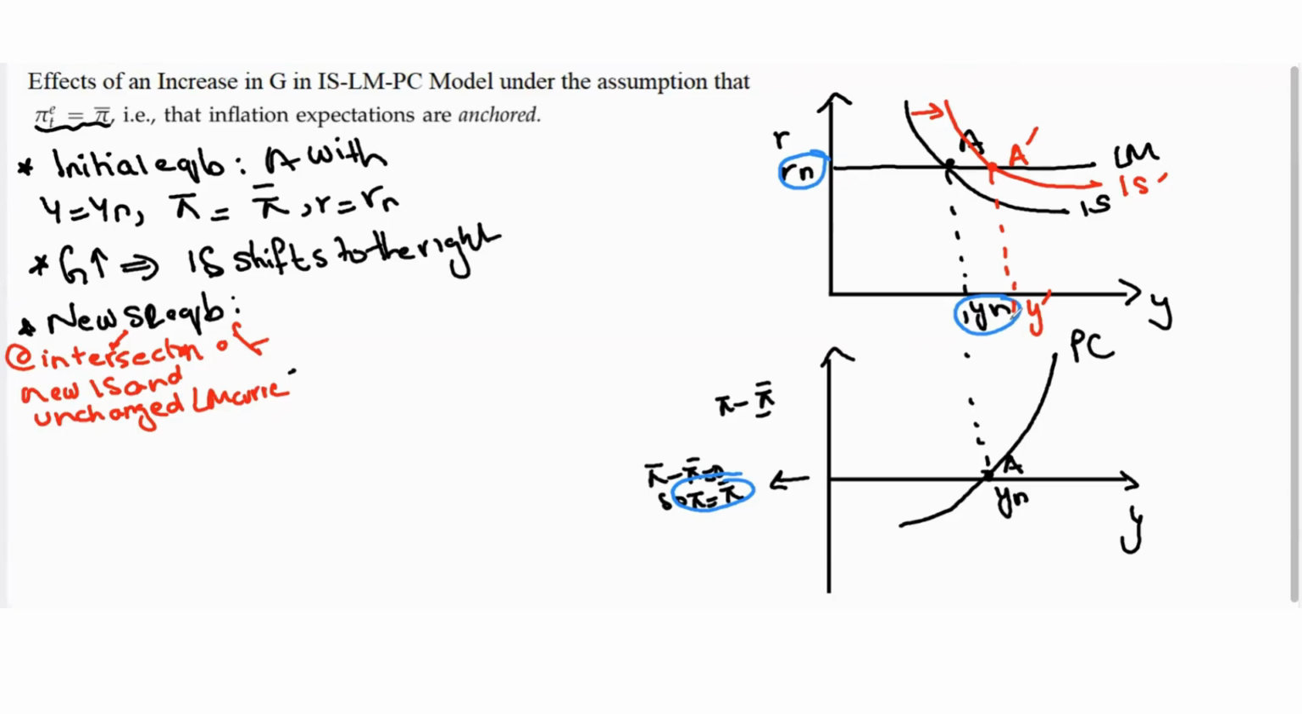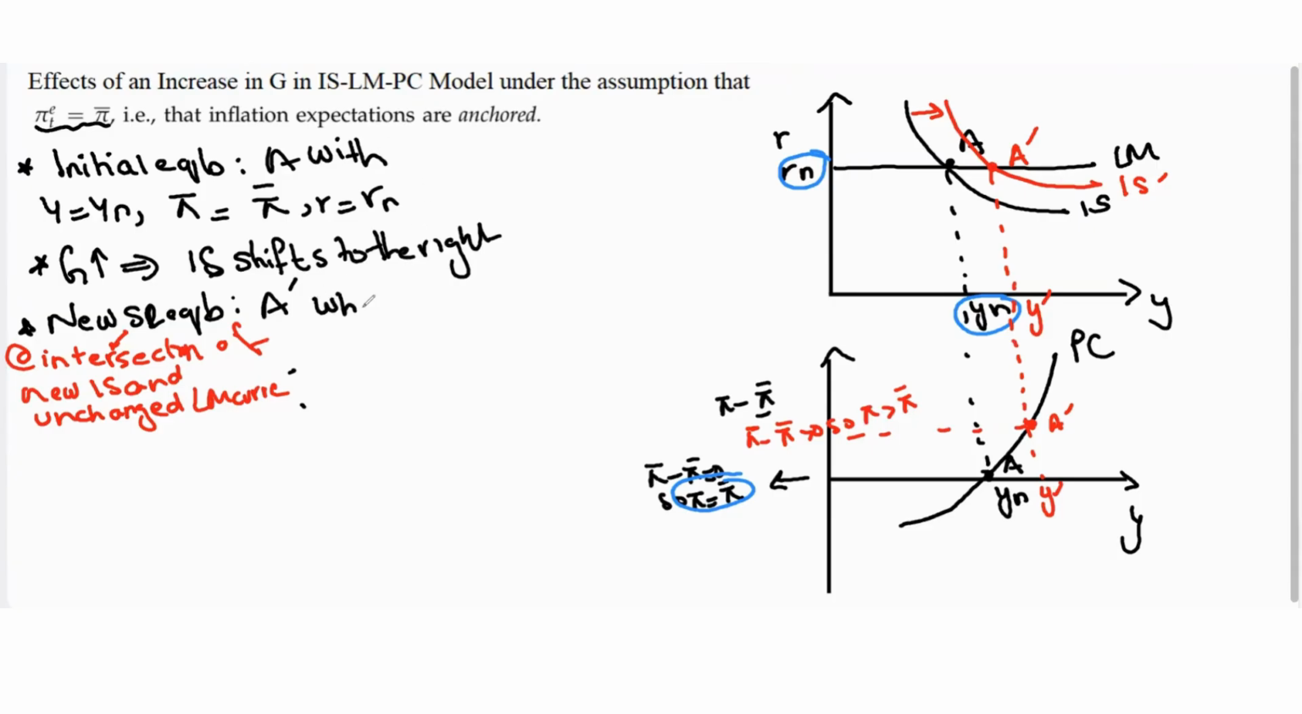Right, so output is above potential, and from the Phillips curve, we can see that this is point A prime on the Phillips curve. At this point, this is Y prime, the level of output we're at now. We'll notice over here, pi minus pi bar is greater than 0, so pi is greater than pi bar. The new short-term equilibrium is at A prime,